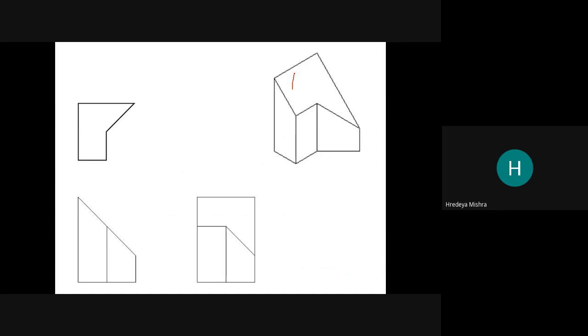And we can observe what is the shape of surface 1 2 3 4 5. See what shape we can get of surface 1 2 3 4 5.